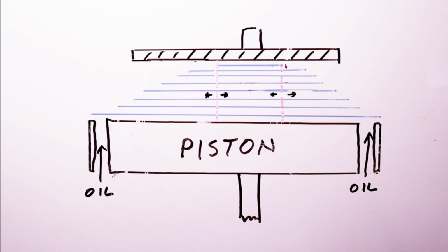Let's say it's perfect, but you need a little more damping, and you don't want to close down those bleeds. The basic characteristic of the stack looks the same, but you can get a little more, a little less damping. It's really a neat little tuning item. But you want to make sure that, and I'll show you once we get off this drawing, usually the ports